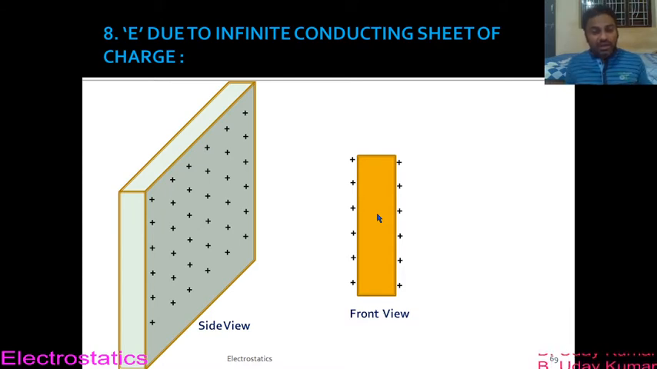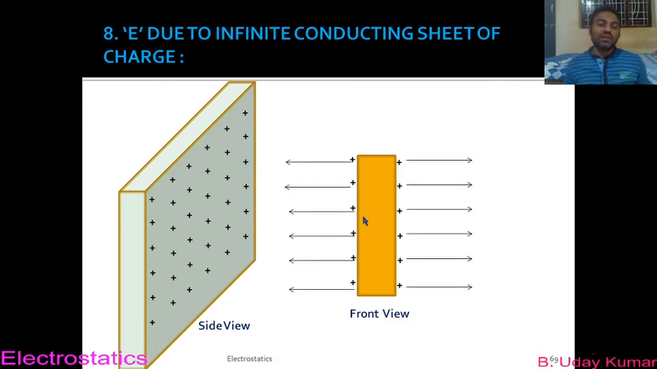Is that clear? And I hope it is fine. So next one, since I have taken the charge that is present on this surface as positive, you know that for positive charge the electric lines of forces are always directed outwards. Is that clear? So now the electric lines of forces that are traveling from these positive charges can be represented